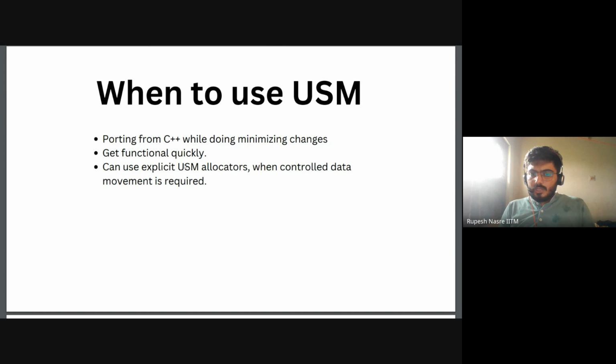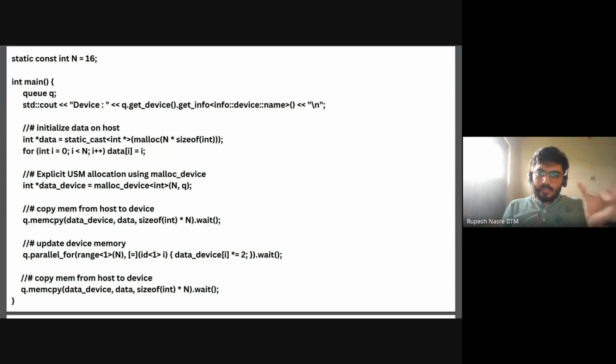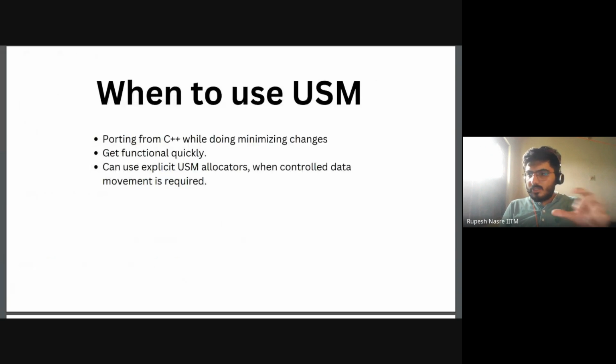So let me just clarify one more thing here. If you are using two memories, host memory as well as device memory, then it is called explicit unified shared memory. So it is explicit, right? Both of them are separate. That's why it's called explicit unified shared memory. And if we are using the shared memory, malloc underscore shared, then it is called implicit unified shared memory allocators. If you are using explicit, with host and device as two separate memories, now what we can do is,